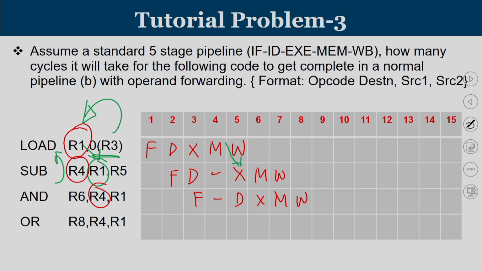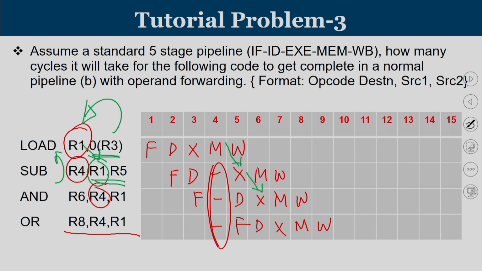From the output of ALU, at this point the value of R1 plus R5 is computed and that is to be written to R4. That can be forwarded to the input of ALU such that the next instruction can work. And then go for the last one: decode, execute, mem and write back. Here we can see that there exists no data dependency between them. So, it will complete in the assigned slot. So, these are the places where you get the stalls.